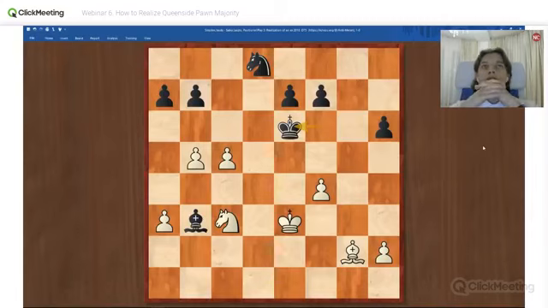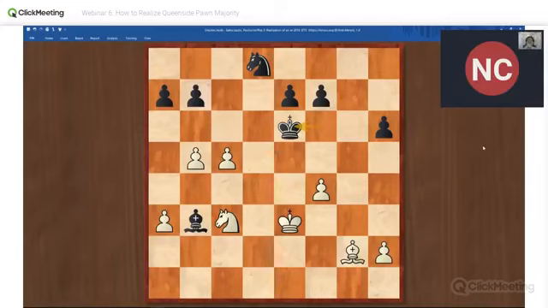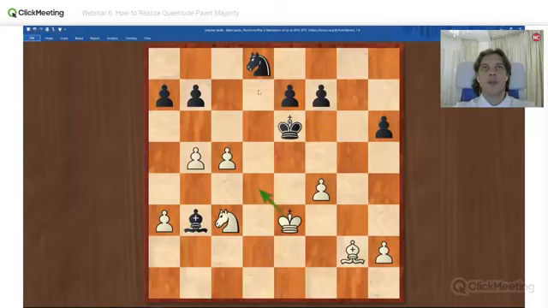So think about what you can do to win the material or promote the pawn. King on d4. King d4, then king goes to d7, and he controls the c6 square with his king. It's not easy to create a passed pawn after the king d7 move. A4. King d7. A5 then. No, it makes more sense, but